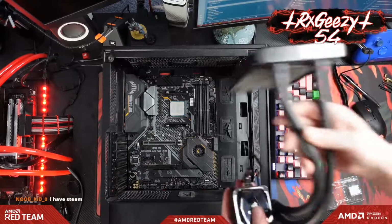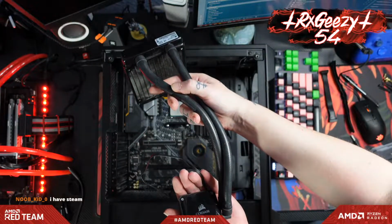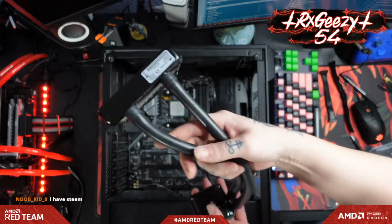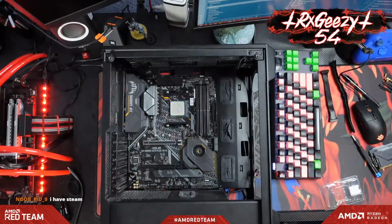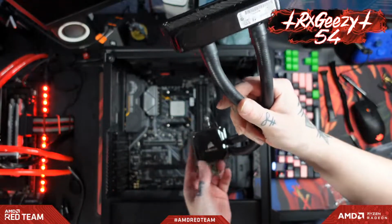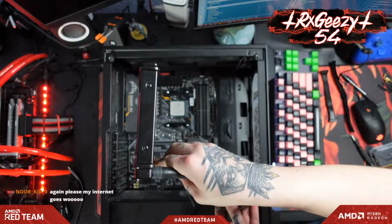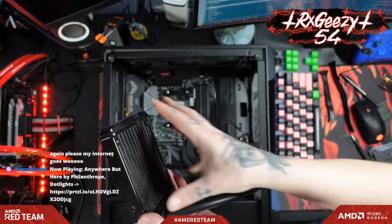All right, and for our CPU cooler, we're just going to use this basic Corsair HD60. Thankfully, this is just magnetic, and this is the retention bracket. But before we put this in here, we're going to put a fan on here, so that way we don't have to deal with...